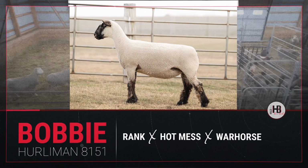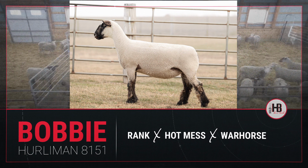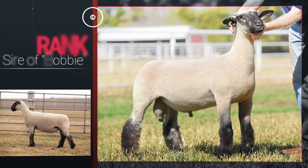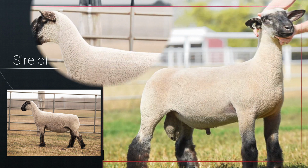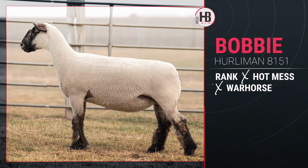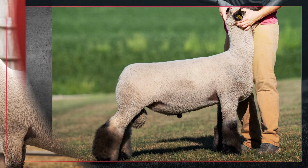Bobbie is a Hurleman donor that we bought from Dwayne privately a few years back. She would be a rank hot mess warhorse, probably one of the more impressive females that I'd seen there since we've been going to Dwayne's, and one that I knew we just had to own. We decided to flush her after she had a standout freestyle female last year that we sold privately, and the flush to Gable